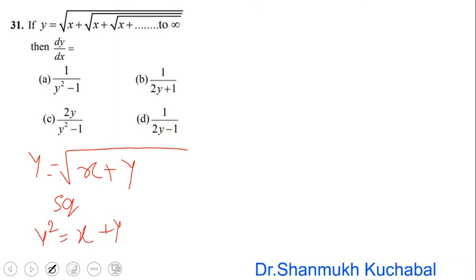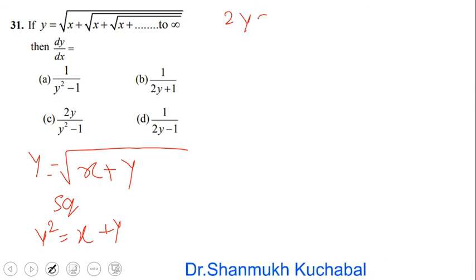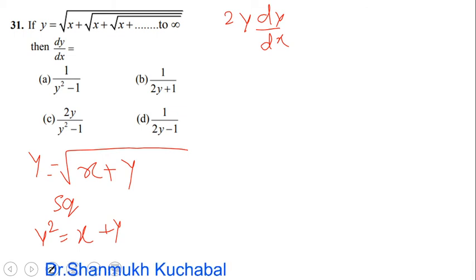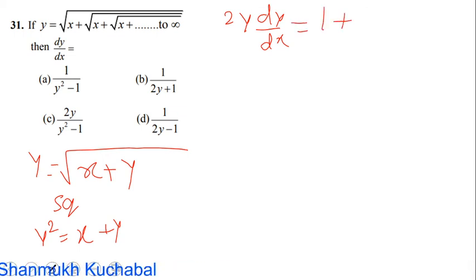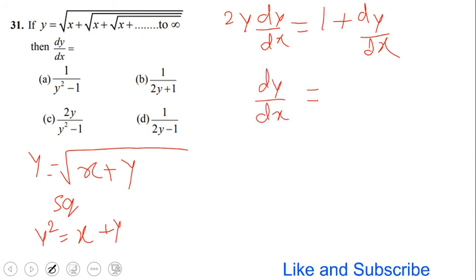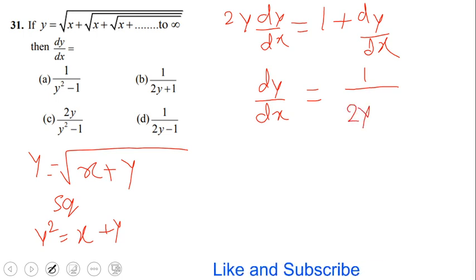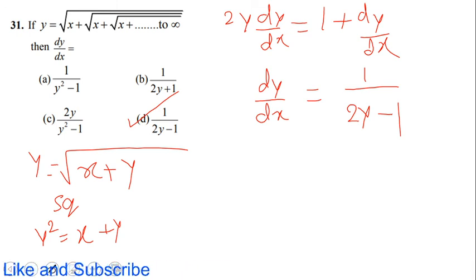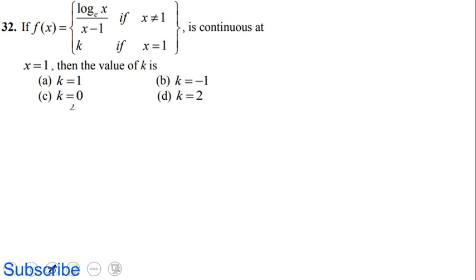So we will differentiate this one. y square differentiation is 2y dy by dx, we are going to get. Then on the RHS, x differentiation is 1. y differentiation is dy by dx. So dy by dx is on the RHS. Take it to the LHS, simplifying we get dy by dx solution as 1 divided by 2y minus 1 here. Therefore option D is the right answer over here. So we have to simplify in that way. Okay, so we'll move to our next example.